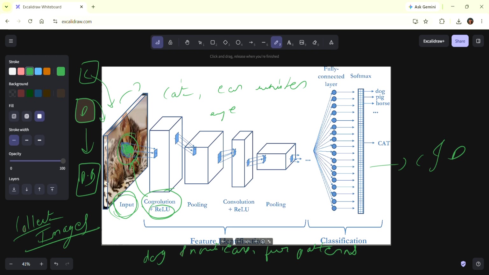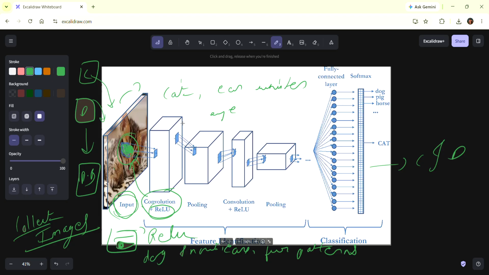Now, what purpose is ReLU used for? Suppose I choose one of the features, which is eyes. When something is unwanted, that is going to be removed by the ReLU. ReLU is going to remove the unnecessary things, or I can say unnecessary values, from the CNN. It is going to detect them and remove them from the CNN algorithm. Right? Got it?